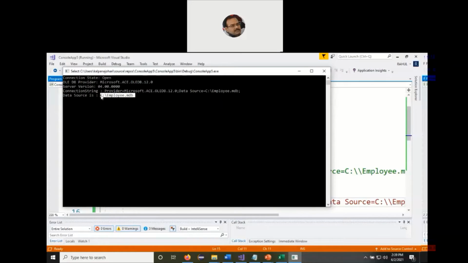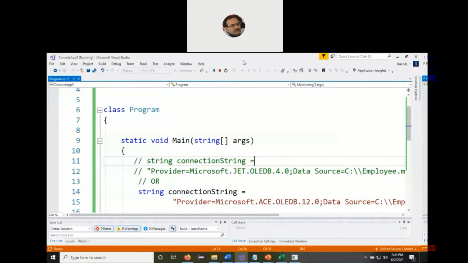Make sure you give the default location as master drive or root drive, though you can give it anywhere on your system. But I have always experienced that the performance of the database is very good when you store it onto the master drive or the root drive of your system, because it becomes easy for the operating system to communicate with any entity which is present on the C drive. So do not store it in multiple folders, just directly onto the root drive, so that in one hop the operating system is able to access the database and fire the SQL queries. So that is all about it.